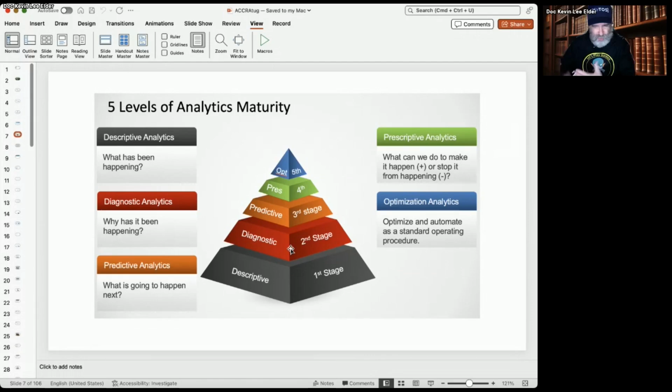Then once you start figuring out why these things have been happening, then you start asking questions and having these business decisions. Well, what do we predict is going to happen next? And so now you start taking that data and you start trying to visualize it and you start trying to project out based on what we see happening in the past. What do we see happening in the future? Now, let's say that our current situation we predicted out and it doesn't look that good. We're not going to sell enough of these to stay in business.